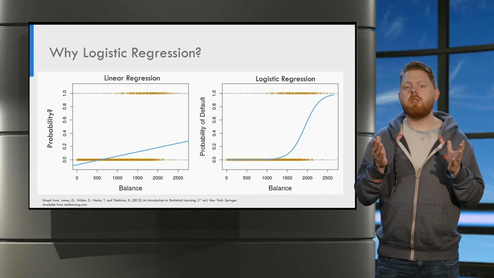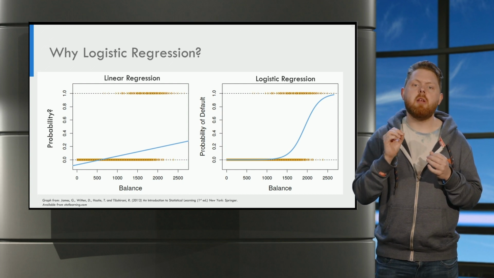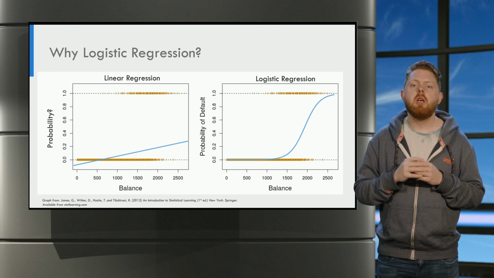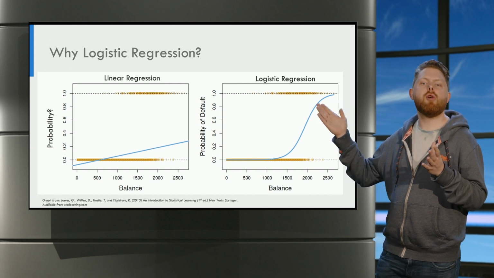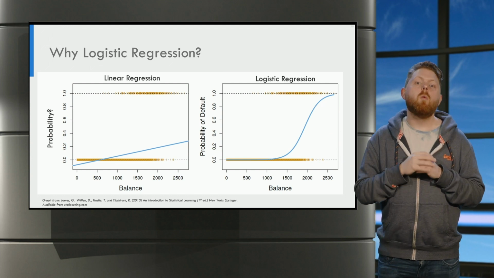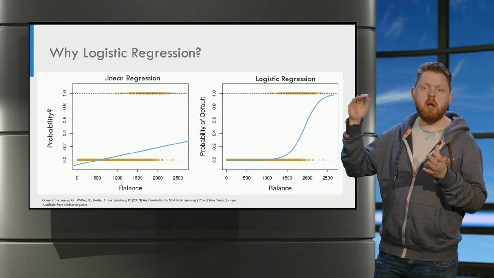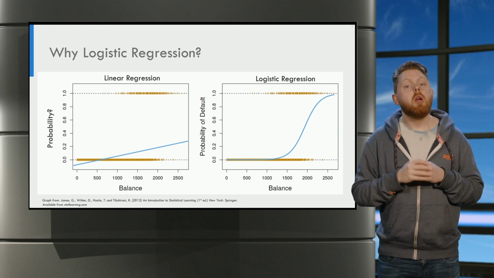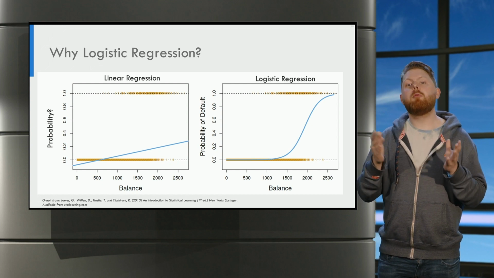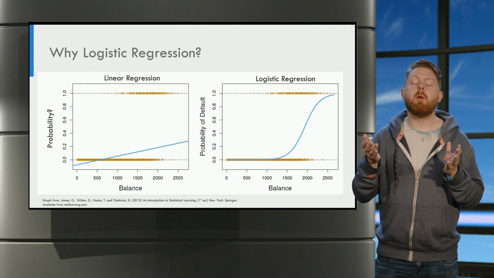This is what logistic regression does. It predicts the posterior probability for each class. This graph illustrates logistic regression trained on our loan data. We see towards the right that the probability is going to 1, and on the left the probability is going to 0. The prediction is always between 0 and 1, as you would expect for a probability.